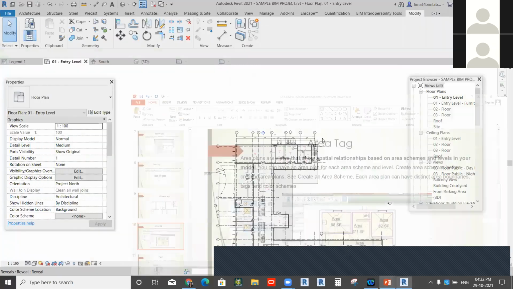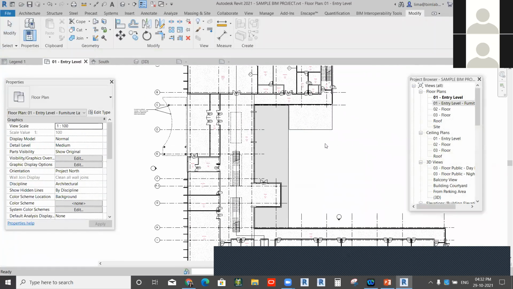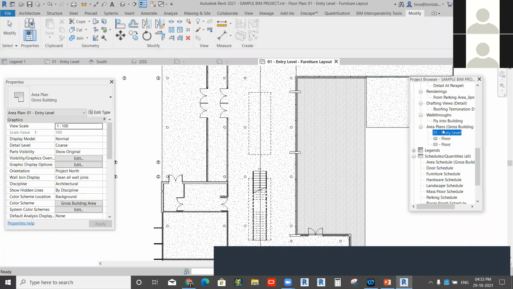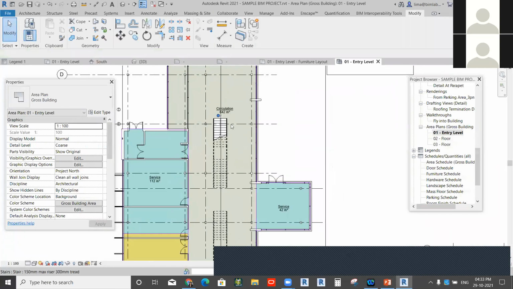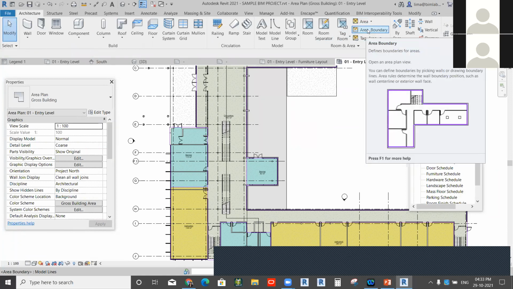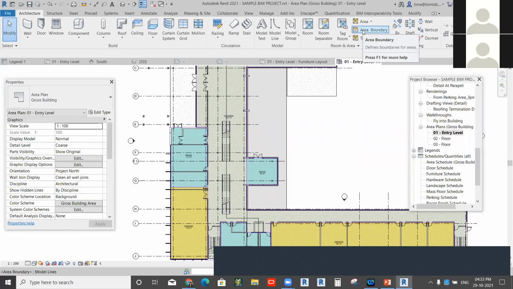Then for the area, by default there is an area. You can calculate the areas available here. This is the area. From the architecture tab itself, you can take the area. By default, the boundary will be obtained. If you want any editing for the boundary, you can go for edit boundary.